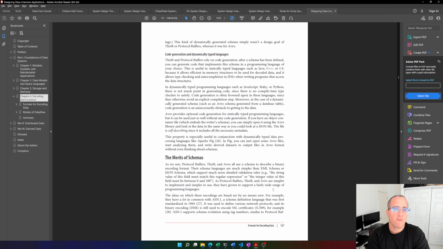Thrift and Protocol Buffers rely on code generation. After the schema has been defined, you can generate code that implements this schema in a programming language of your choice. This is useful in statically typed languages such as Java, C++, or C# because it allows efficient in-memory structures to be used for the decoded data, and it allows type checking and auto-completion in IDEs when writing programs that